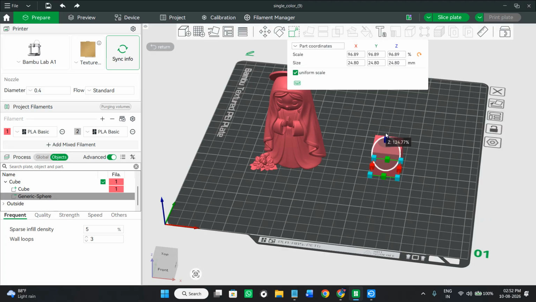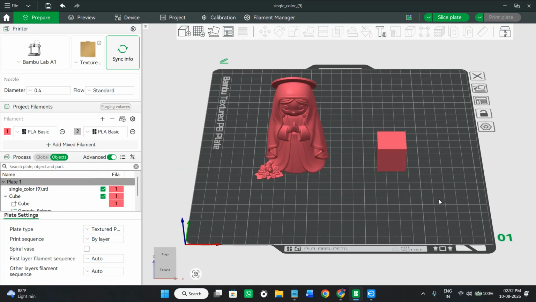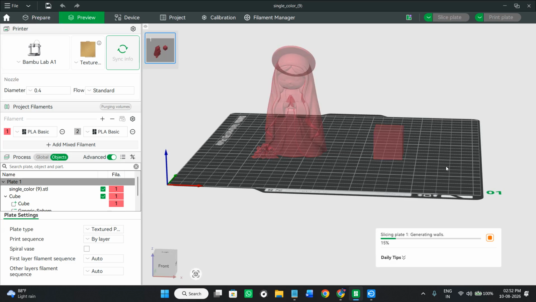You can also decrease it, and with the help of the move tool, you can increase or decrease or basically move it inside your object. So let's say I have selected it something like this. Once you are done with the positioning, you just have to click on the option of slice plate,